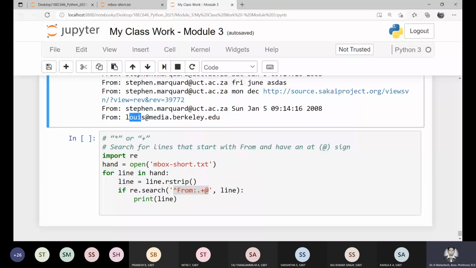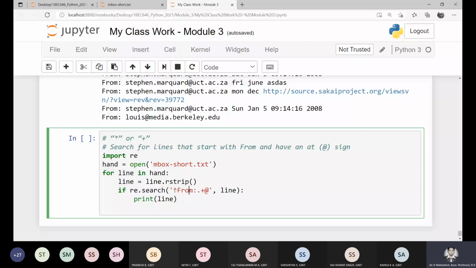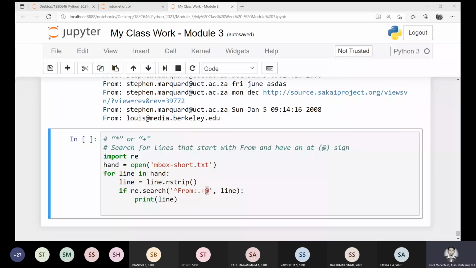So I will say which starts with from and dot plus represents. What do you mean by dot plus? Dot plus is nothing but one or more characters, followed by an at sign. So this is how I read this regular expression: which starts with from followed by one or more characters and at. So this will match the following line. Now if I run this, you could see